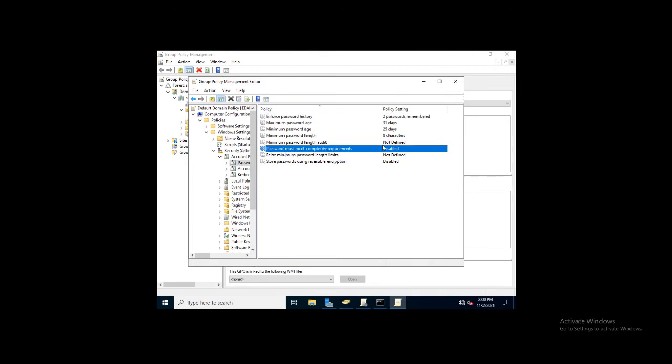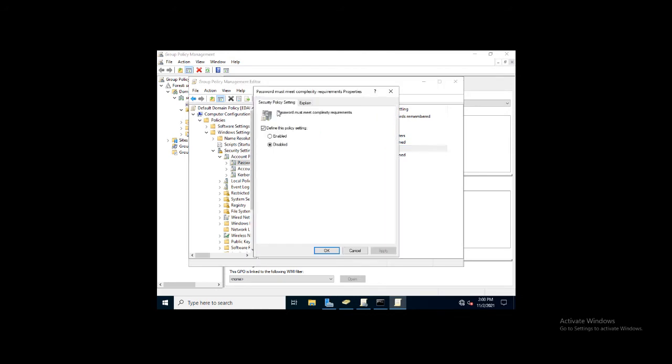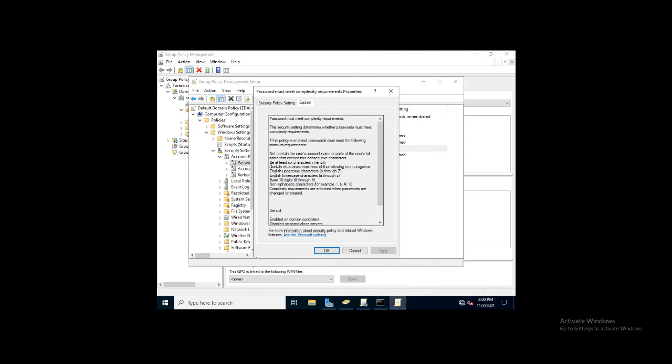By default it will be disabled, but if you enable it, we can configure requirements like uppercase letter, lowercase letter, special characters and numbers.